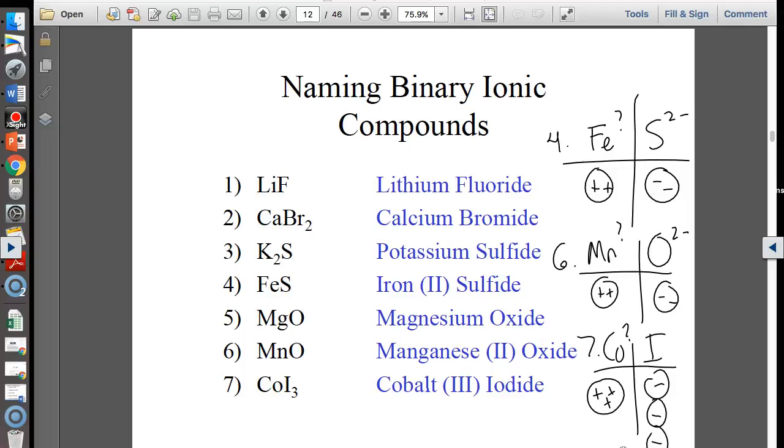I'm seeing a lot of people on number 6, manganese. Let's find out on the periodic table. It's in group 7. It's in the D block, and it is not zinc or cadmium or silver, so it does need a Roman numeral. It has different charges. So number 6, make sure that you're doing the Roman numeral. A lot of people skipping that. I think you're thinking of magnesium, and Mn is manganese. Mg is